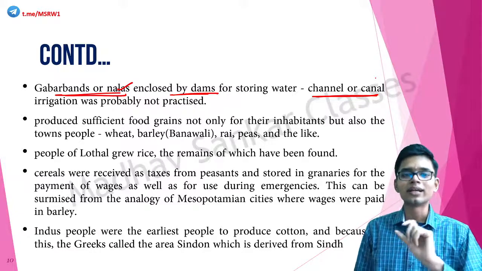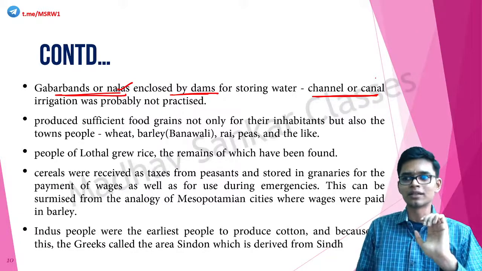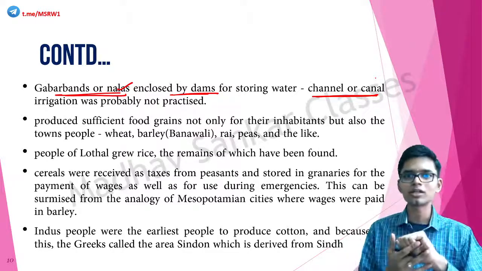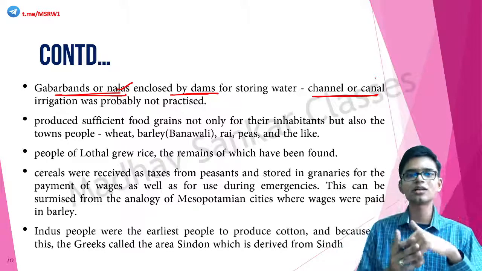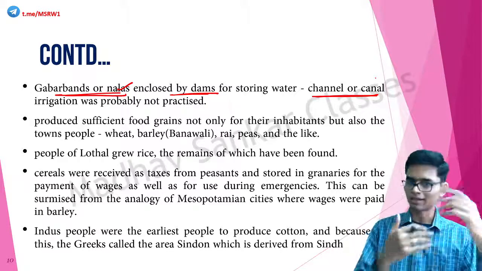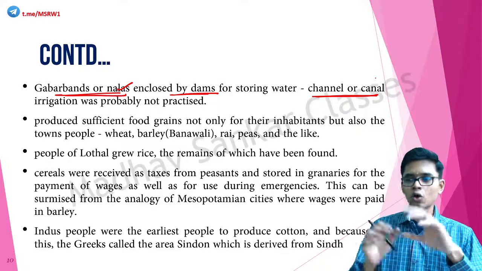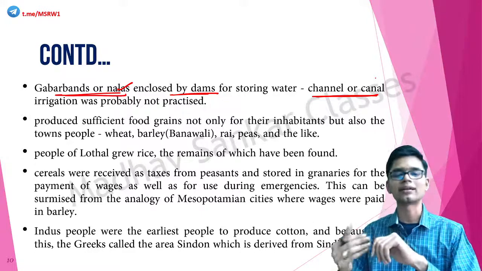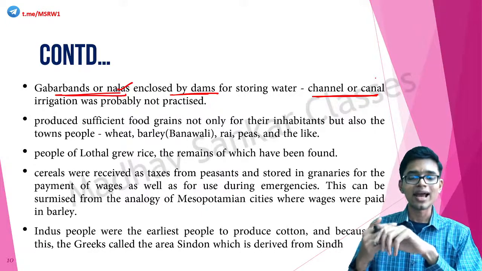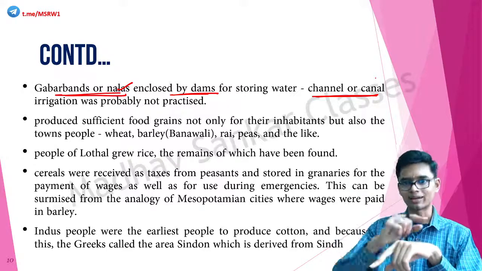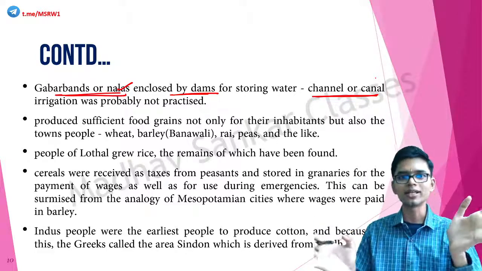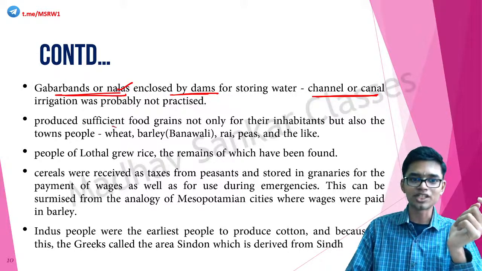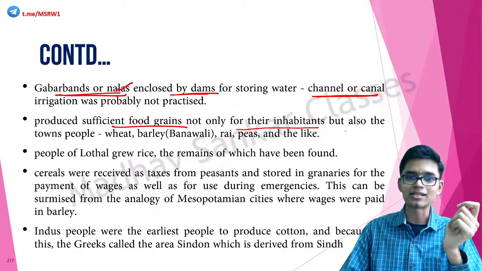The thing is, in the Indus Valley civilization, there were sections of people who were agriculturists. There were people who engaged in artisanal work. There were people who engaged in administrative work, probably. There were people who engaged in other kinds of activities. So only a section of society were actually agriculturists, but they had to provide for the entire town or entire area. So naturally, the yield should be high. They should be able to produce sufficient food grains, not only for their inhabitants, but also for the